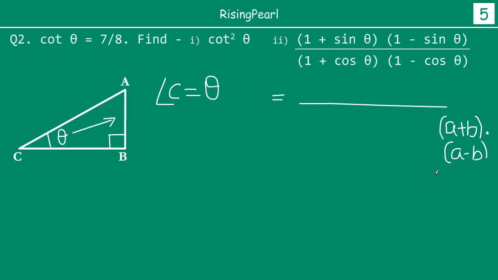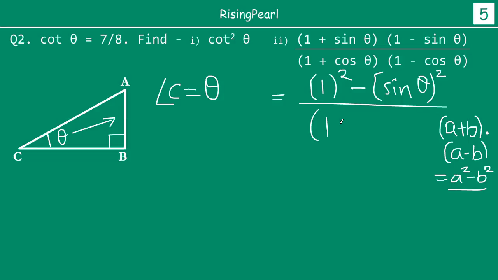If you have this, this is really nothing but a square minus b square, right? So this will mean 1 square minus sine theta square on the numerator. On the denominator it will mean 1 square minus cos theta square,